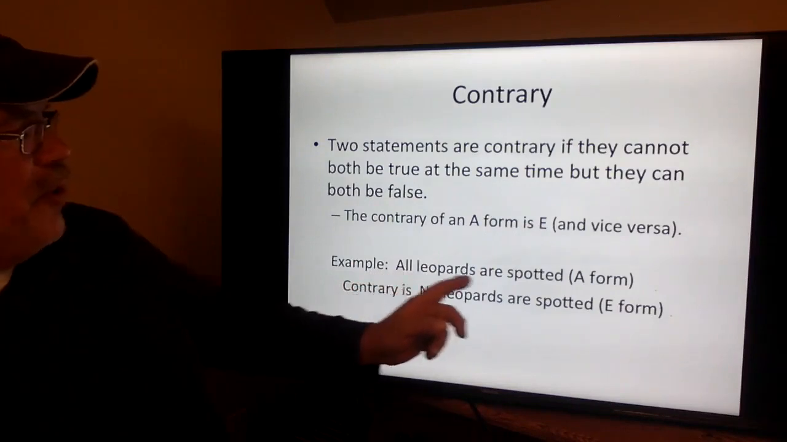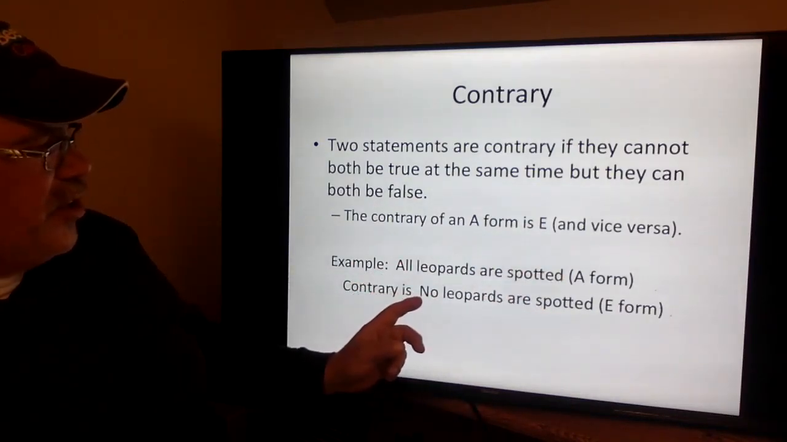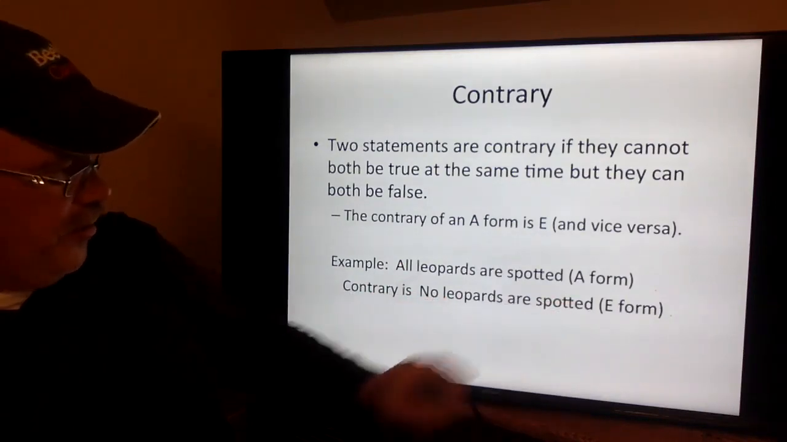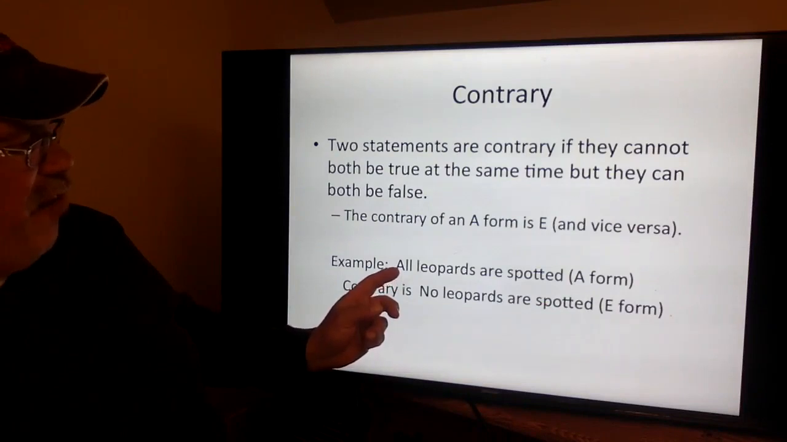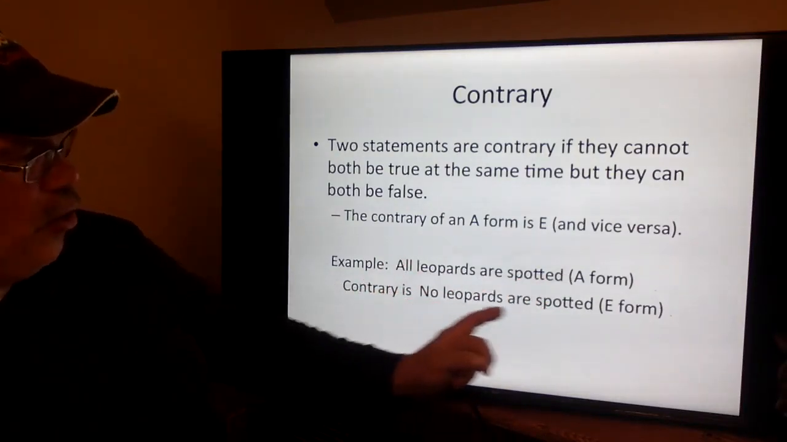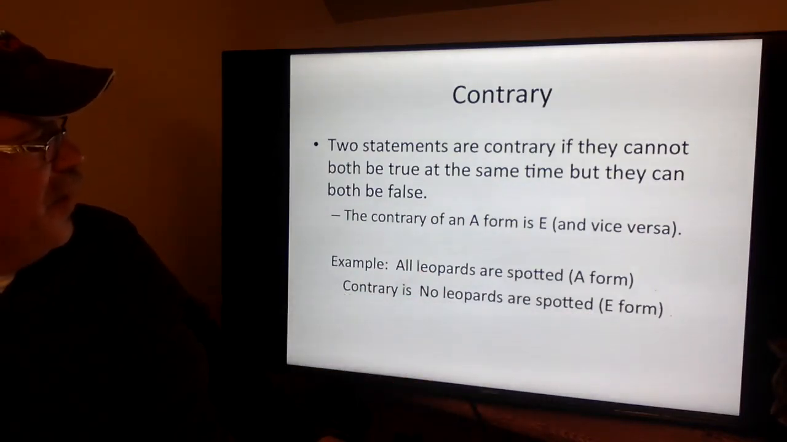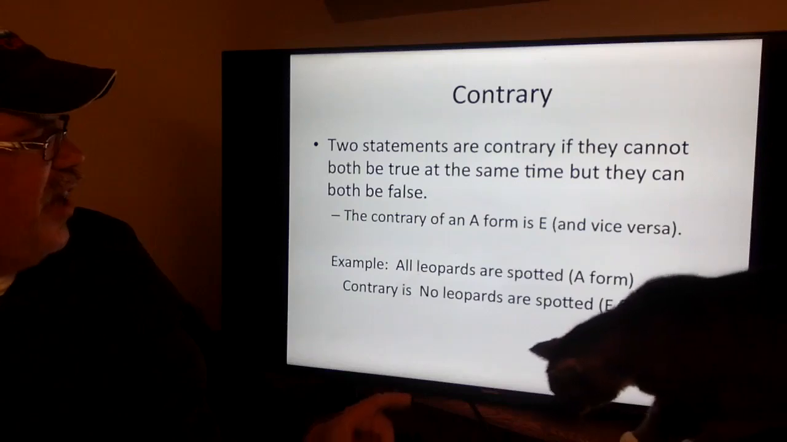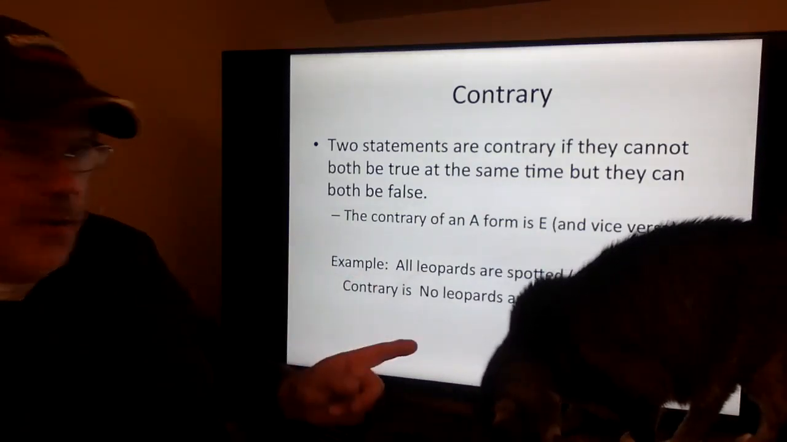So, all leopards are spotted. The contrary is no leopards are spotted. Notice that if "all leopards are spotted" is true, it must be false that no leopards are spotted. However, if it's the case that you find even one non-spotted leopard,